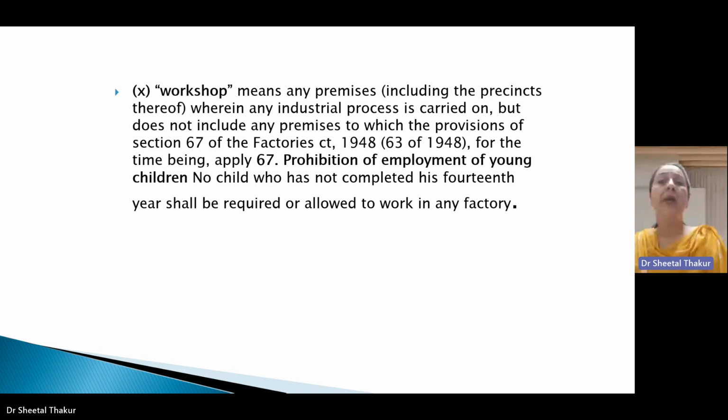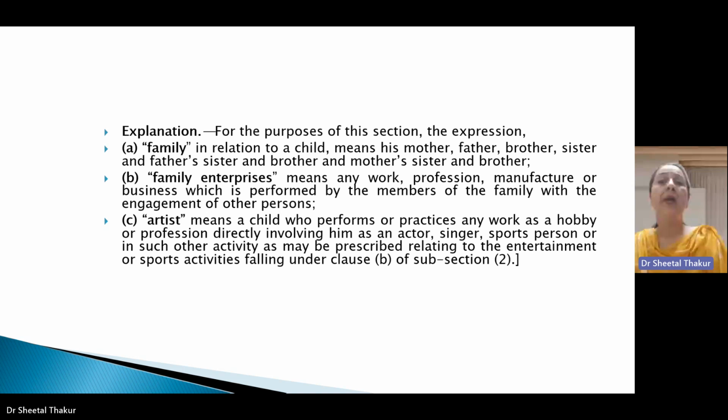Thereafter comes part 3 of this act. Part 3 basically talks about regulation of conditions of work of adolescents, specified from section 6 to section 30. Section 6 talks about application of this part. This part 3 talks about what rules, regulations or conditions are to be observed whenever an employer is employing any adolescent in his premises. This part 3 will be applicable to those occupations and processes which are non-hazardous in nature, because we are aware that adolescents will be allowed to work only in non-hazardous occupations and processes.